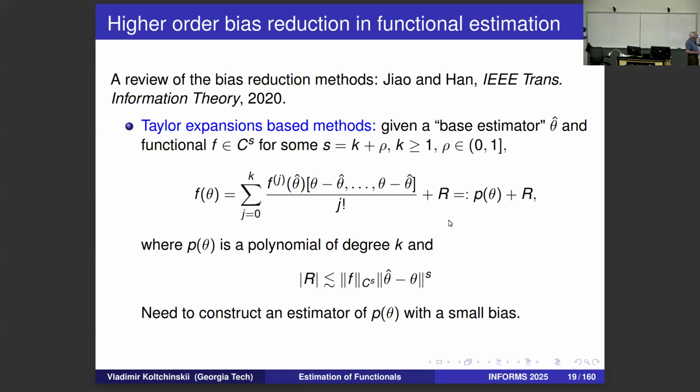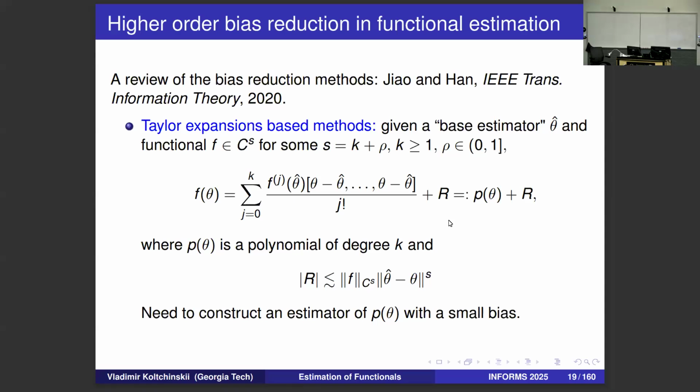So what usually you do, you split data into two parts, okay? Say half of the data is used to compute some base estimator of the parameter, as I will call it. It could be, for instance, the maximum likelihood estimator in your problem. And then the rest of the data will be used to estimate the polynomial part of the Taylor expansion. You can do it now conditionally on the first half of the data you used to compute this estimator, so you can view this polynomial as something non-random. There is also a remainder term that will be bounded by this thing, where you have exponent s,